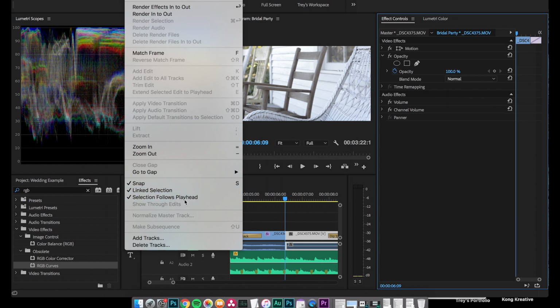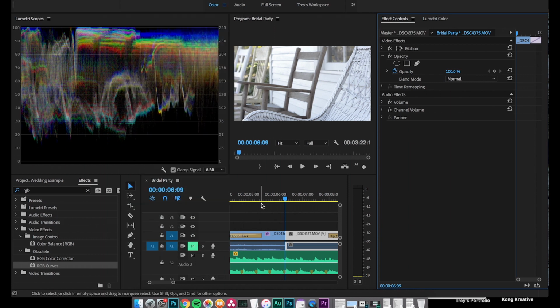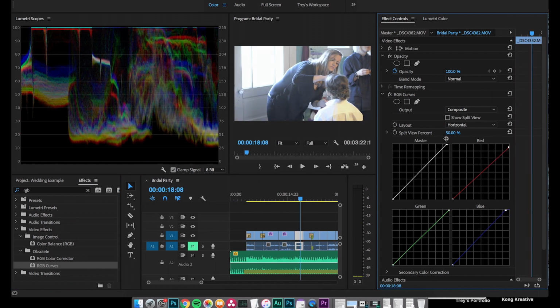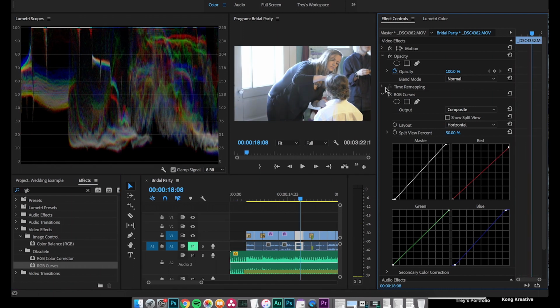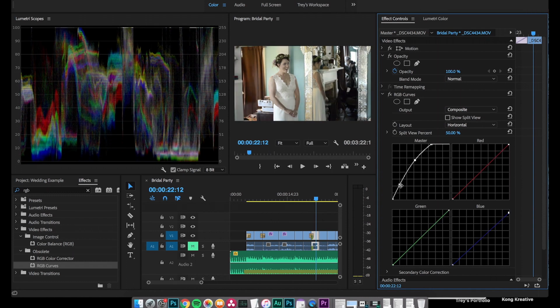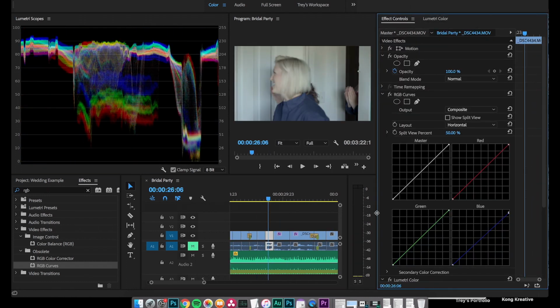And it's helpful to make sure that you have your selection at playhead selected. I mentioned this before. You can find it in the sequence drop down at the very bottom. Make sure that that's checked off. And a little side note, some clips are going to have the same exact lighting situation and camera situation, so that means you can just simply copy and paste your RGB Curves effect to get the perfect color correcting